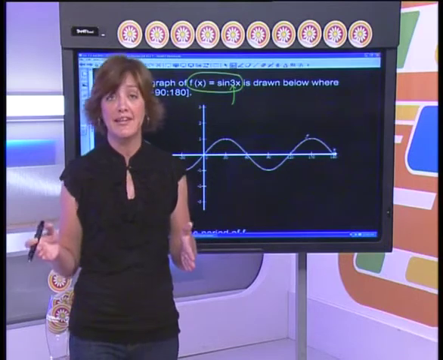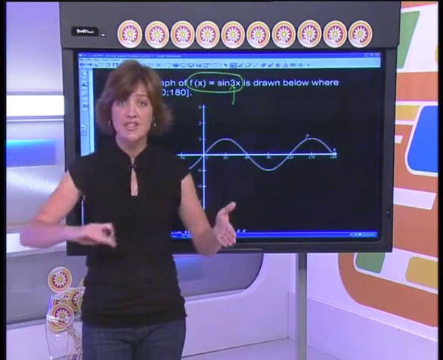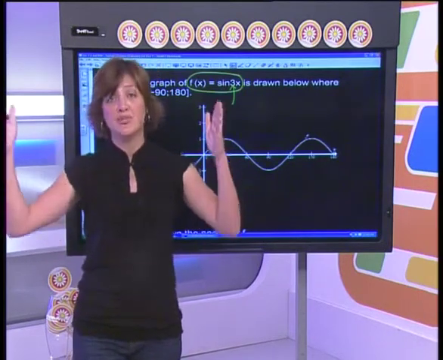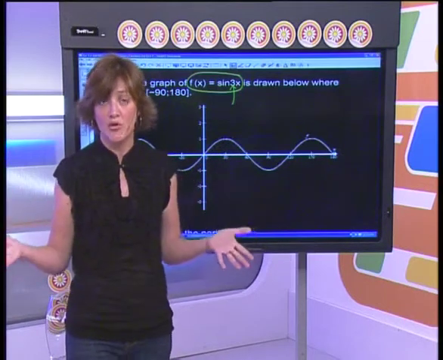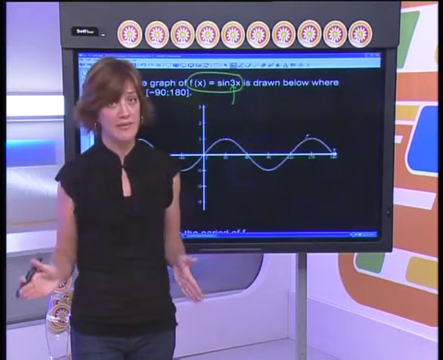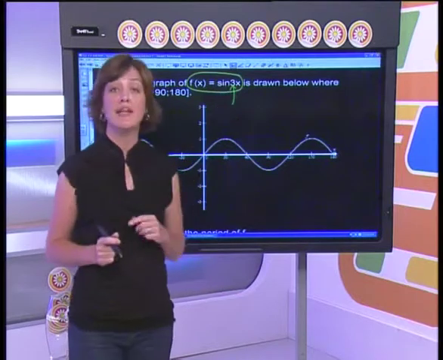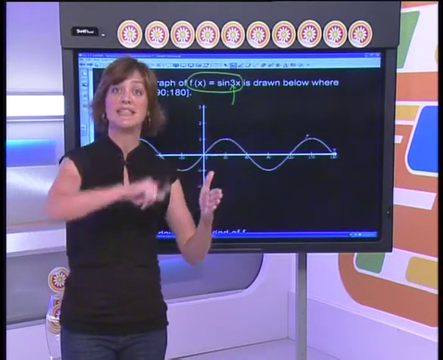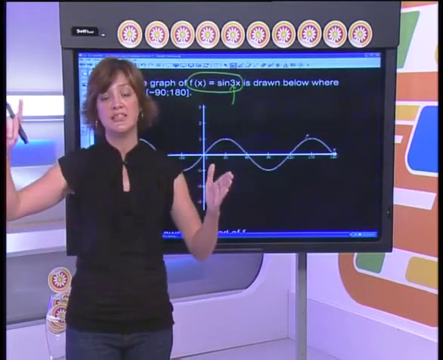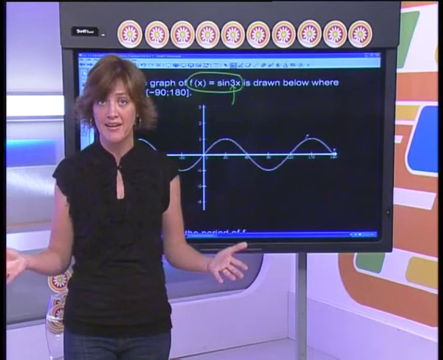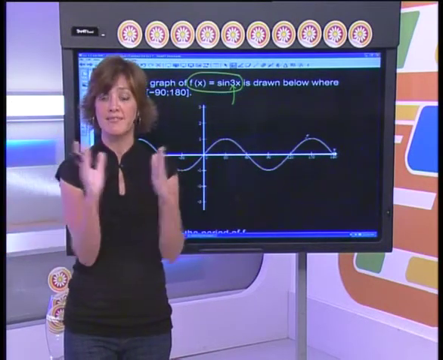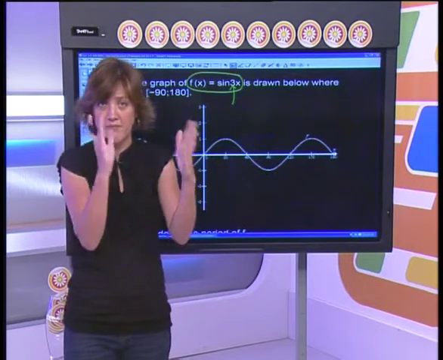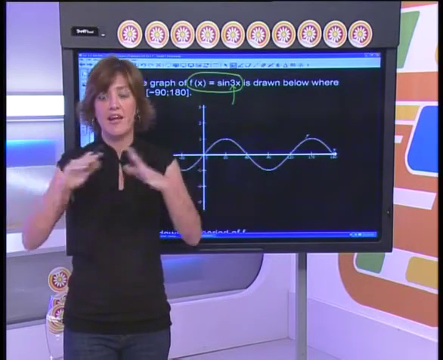Okay, now what our period is, is how many repetitions of our graph do we have between 0 and 360. Okay, your normal period of a sine graph is always 360. Putting that 3 in front of it is saying that from 0 to 360, we are now going to have 3 repetitions of it. And as a result, what's happening is that your graph becomes squashed. Okay, everything happens earlier and sooner, and it happens more often.